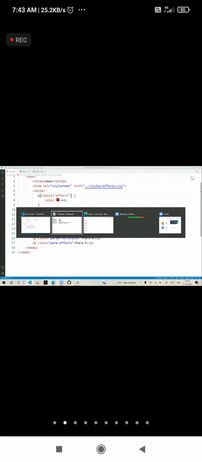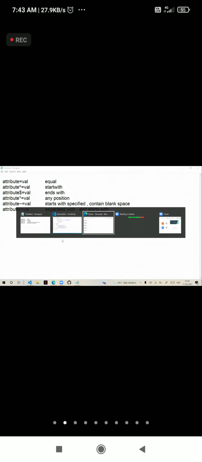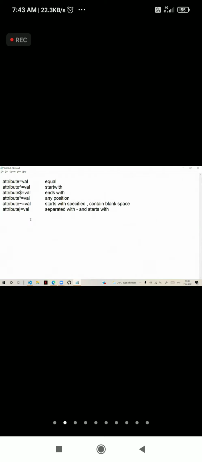That means actually it should start with effects hyphen para, like this we have defined. That means it should start with and it contain hyphen. That is the condition.